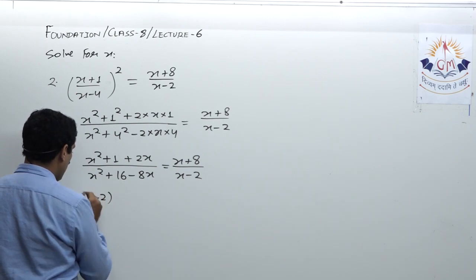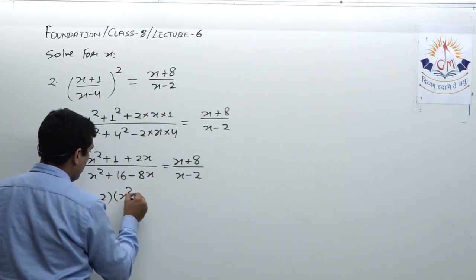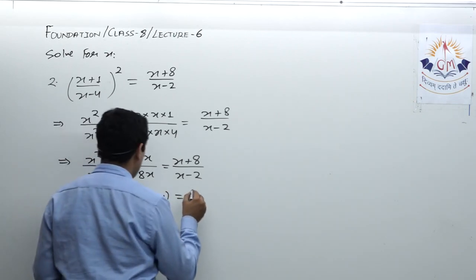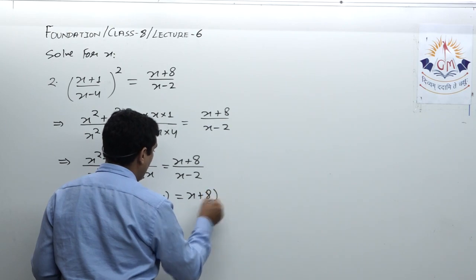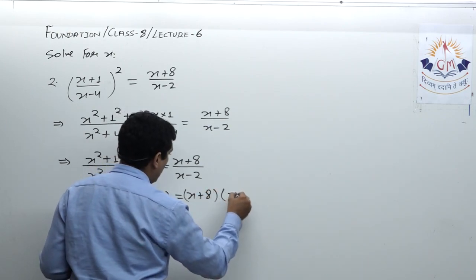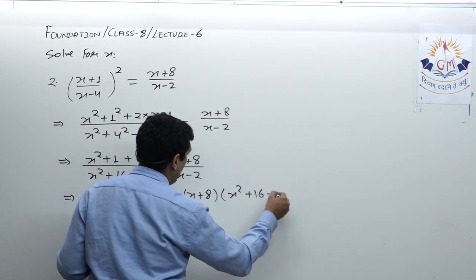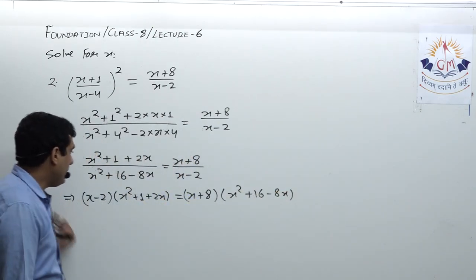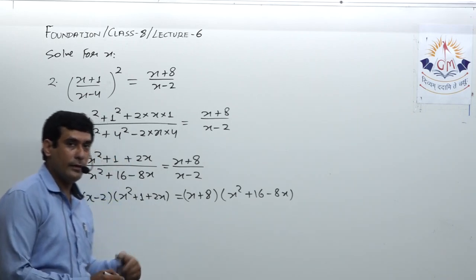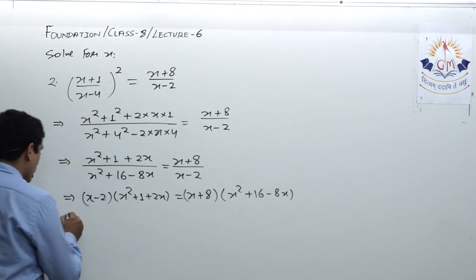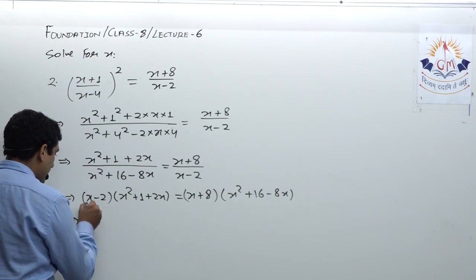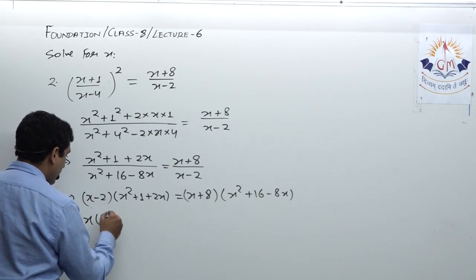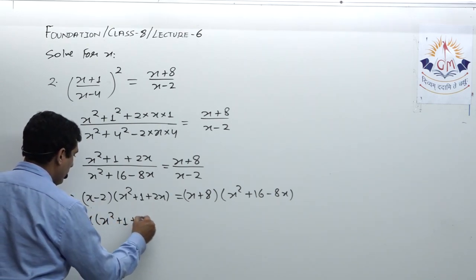So this is x minus 2 multiplied by x square plus 1 plus 2x is equal to x plus 8 multiplied by x square plus 16 minus 8x. Now in the previous term I multiplied the terms directly. Over here I am going to show you those multiplications. That means first I will multiply x with these. So I write x multiplied by x square plus 1 plus 2x